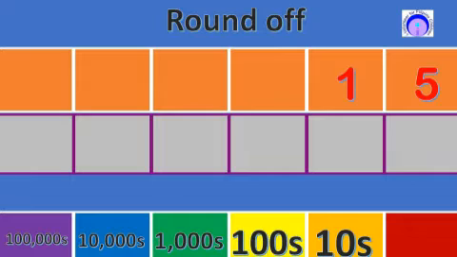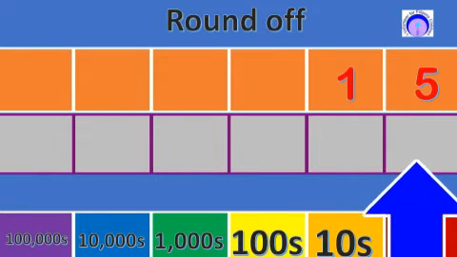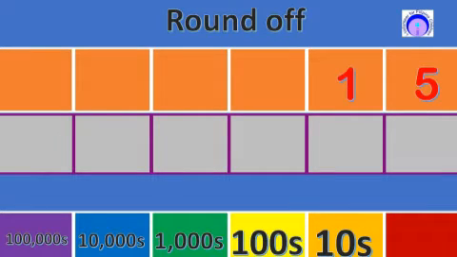15. Rounded to the nearest tens. First step, punta ka sa tens place. Check the value of the digit on the place value on your right. And if it is 5 and above, you have to add 1 to the tens place. The last step is to change all the values of the digits on the right of the tens place into zeros. Therefore, when 15 is rounded off to the nearest tens, it becomes 20.